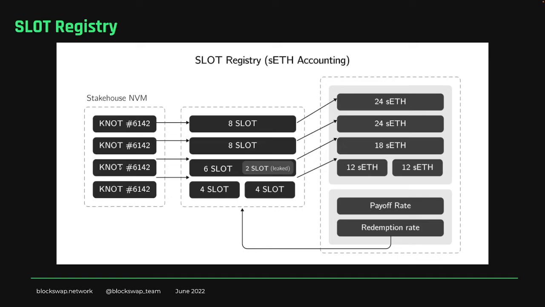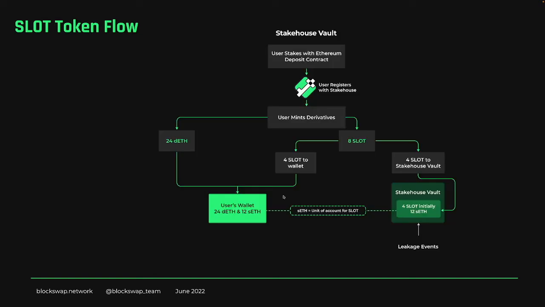And so you can see that per slot token has 3 ETH of value to begin with. So if I get 0.25 or 0.00001 SETH from topping up some Stakehouse that has been leaking,